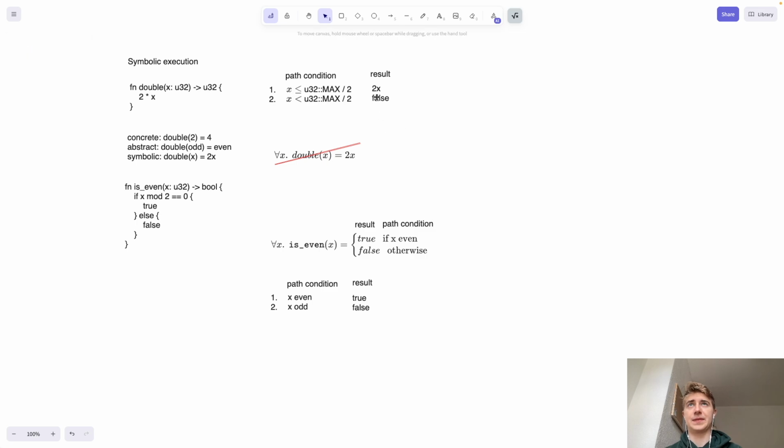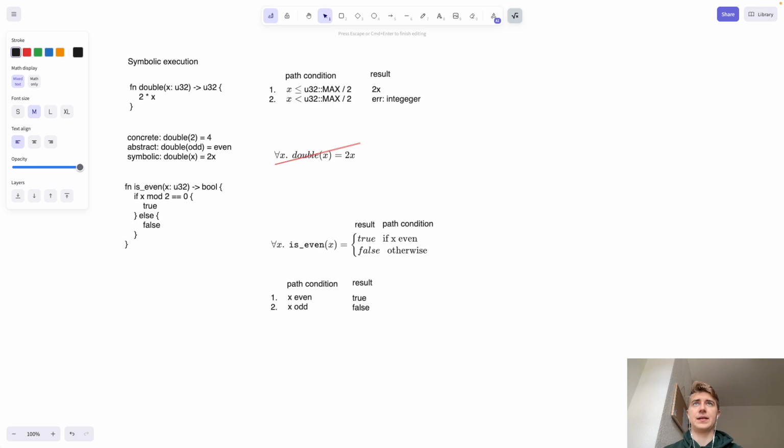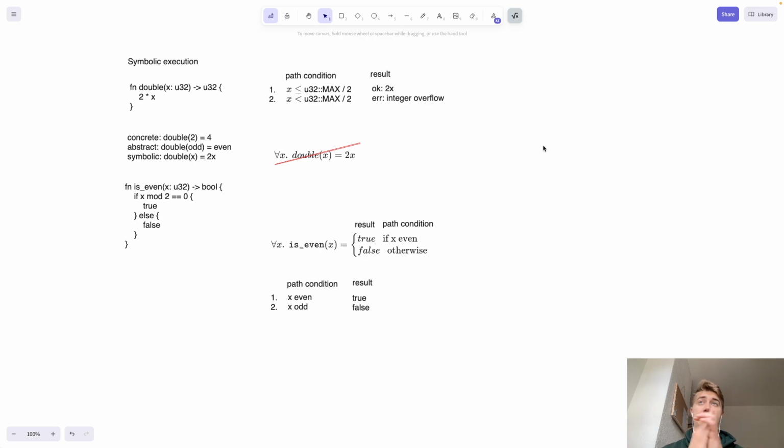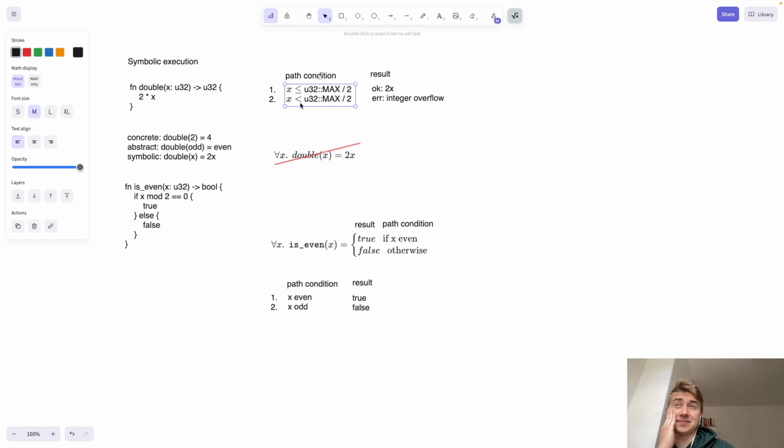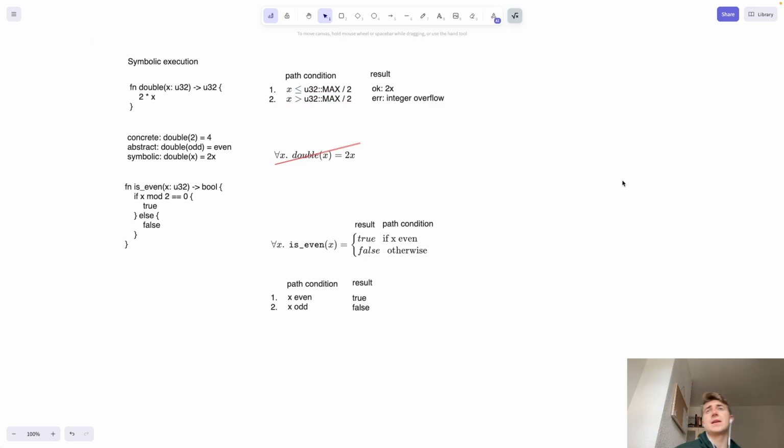So, integer overflow. And to differentiate between the error and the OK cases, we'll just put OK and error here. Just the other way around. Right, so now we actually do see, if we have arithmetic overflow detection enabled in Rust,